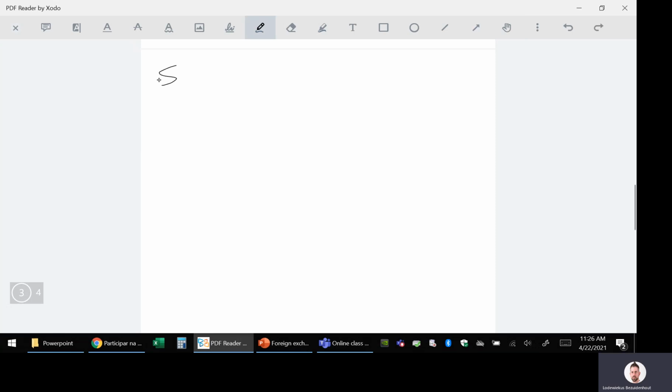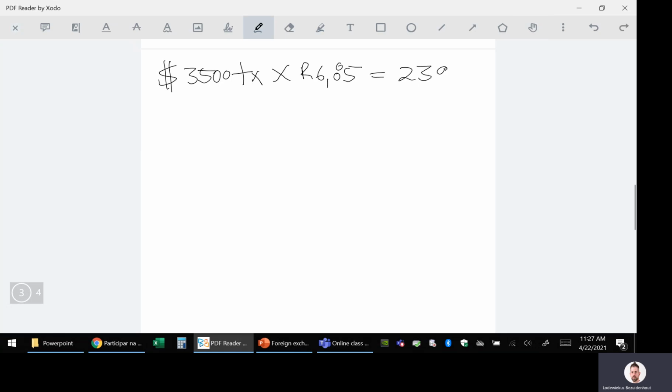All right, so we have $3,500 as the transaction amount. We said the transaction date is the 15th of April, and on that date, the rate was 6.85. So we can convert our foreign currency to rands: $3,500 times 6.85, and that gives us 23,975. There was no payment up to the year end, so on year end